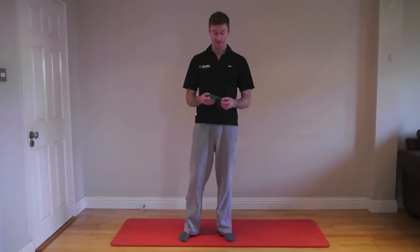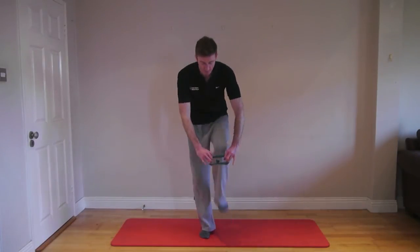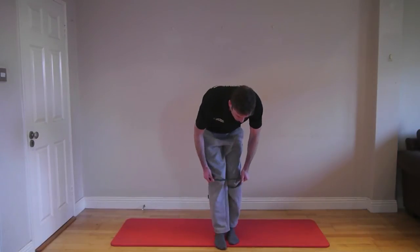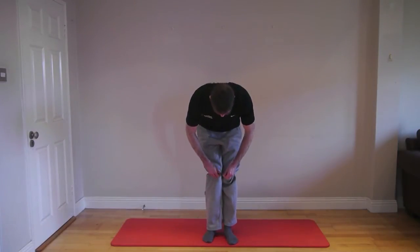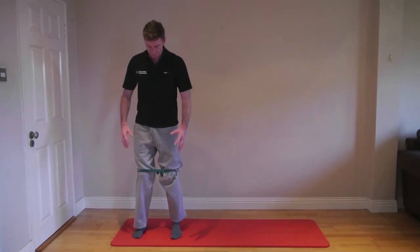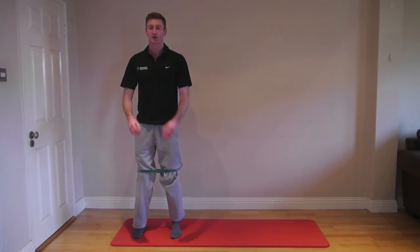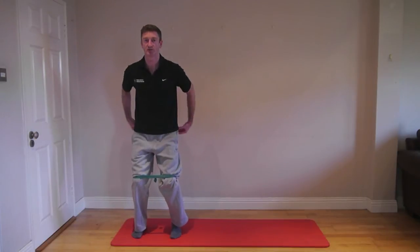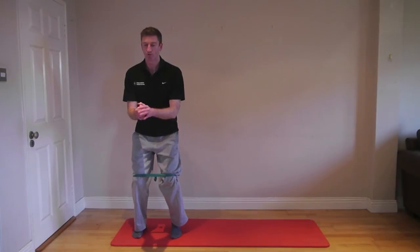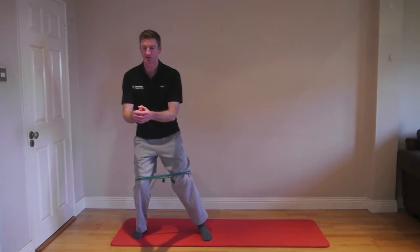So another great exercise to progress from the floor exercise obviously is in standing, and it's a lateral band walking exercise. So what we do is we take our TheraBand again, we place it around our knees, and what we're looking to do here is do a crab walk against the resistance of the band. So what we're looking for is getting feet hip distance apart, getting into a nice crouch position so we can feel our glutes activating, tightening our core. And what we want to do is just move 6 inches to the left